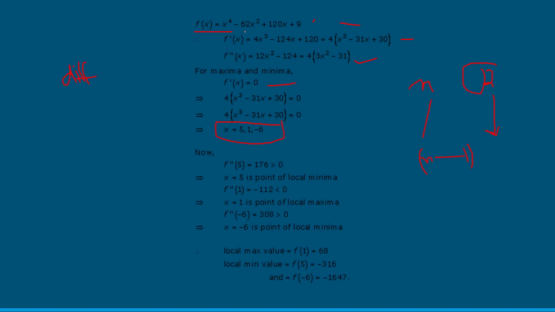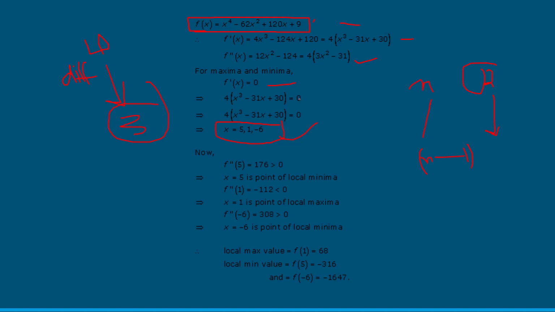So I am considering a fourth order equation, right? I have been getting three values. Whether these values are maximum or minimum values of this equation, we should substitute them in the first differentiation equation. If it is greater than 0, then it has a minimum value. If it is less than 0, then it has a maximum value. Let's check it once.